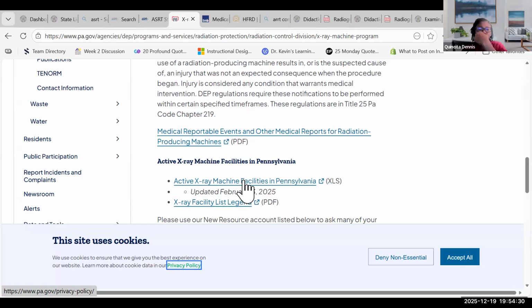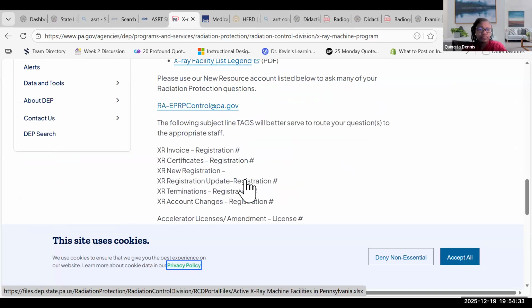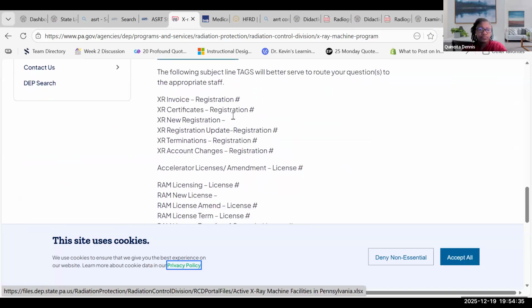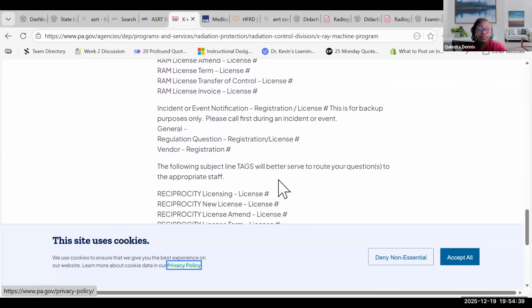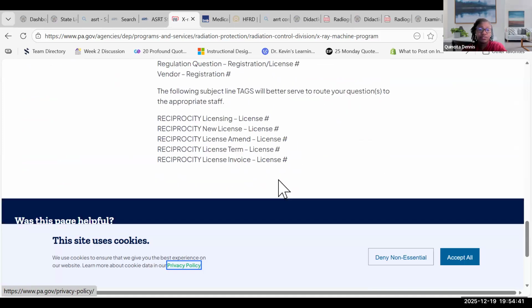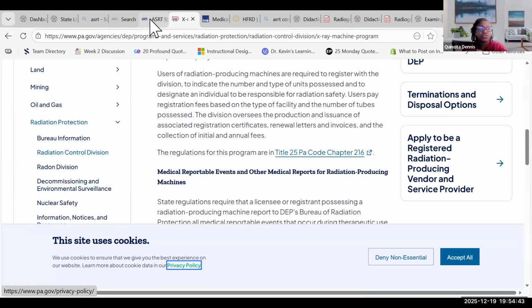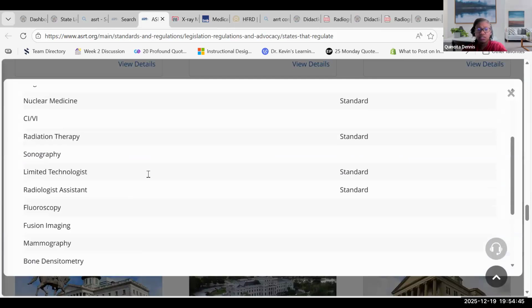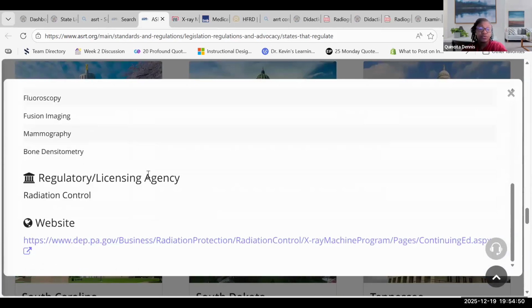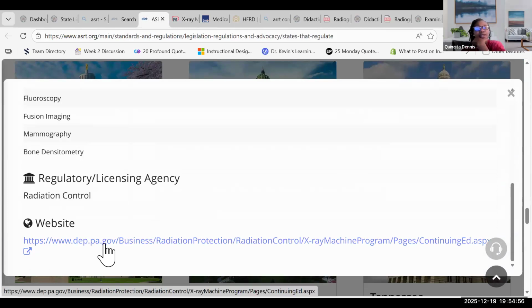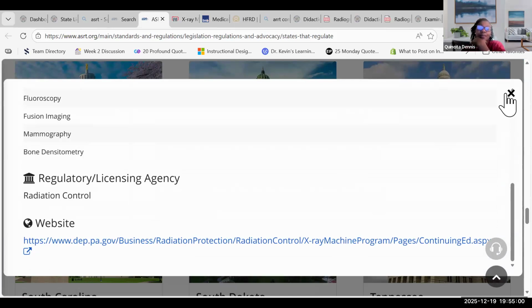This is for equipment. This is also for equipment. This looks like more so equipment needs to be licensed or registered. Let's see. All right, so I would do a little bit deeper research. You may need to call them. Doesn't look like there's a licensure requirement, but I would call them and I would also look at job announcements